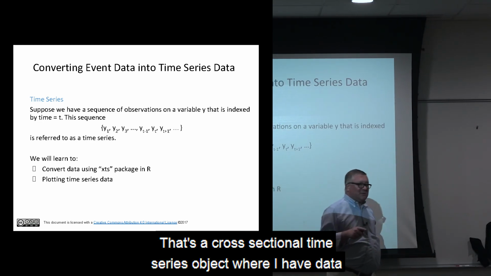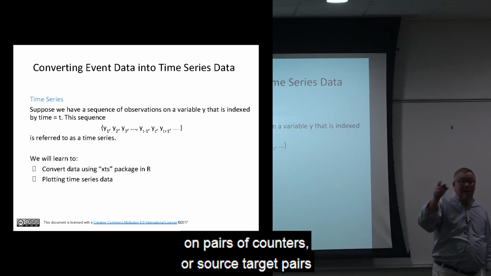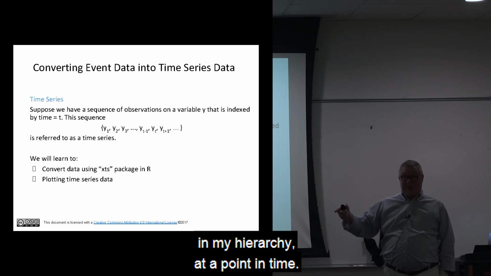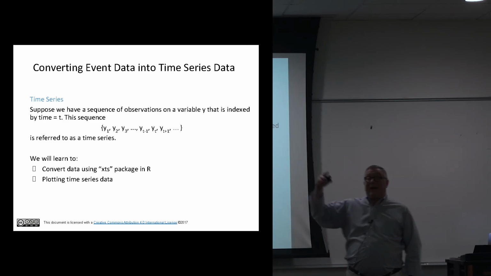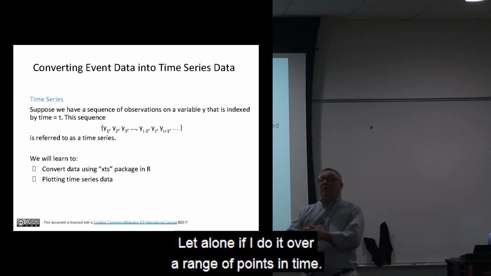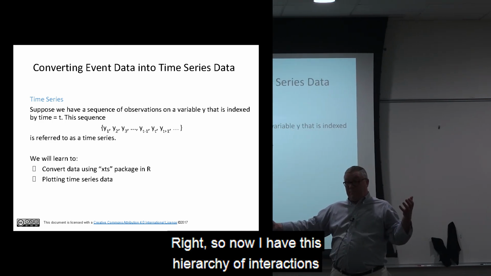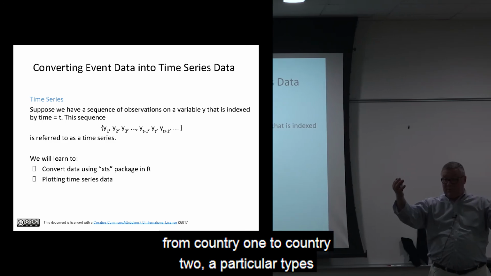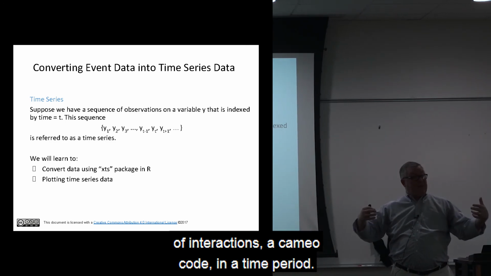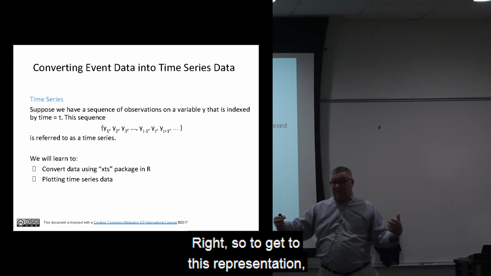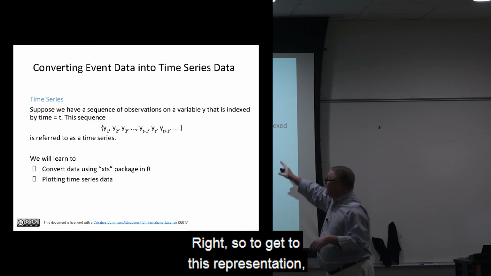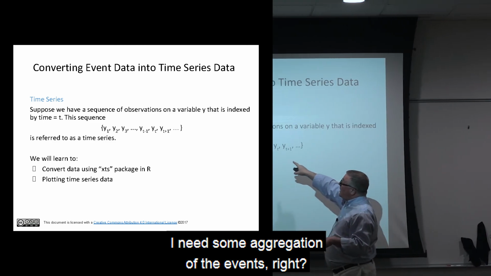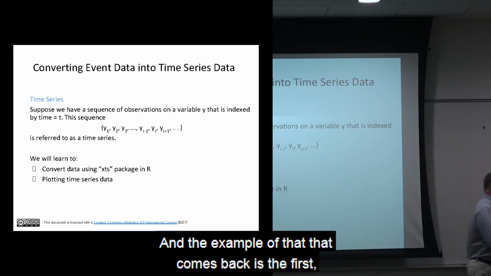That's a cross-sectional time series object where I have data on pairs of countries or source target pairs in my hierarchy at a point in time, let alone over a range of points in time. So now I have this hierarchy of interactions from country 1 to country 2 of particular types of interactions, a CAMEO code, in a time period. To get to this representation, I need some aggregation of the events, and the example of that comes back